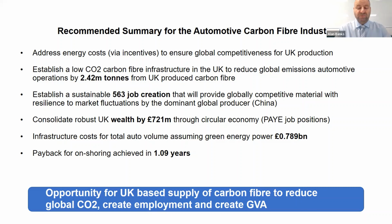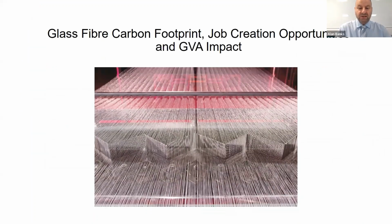Now, this was all factored for onboard storage of hydrogen, but once we have a plant that is making that carbon fibre, there's no reason why you couldn't use it for structures or for any kind of body panels and things like that. So once the carbon fibre is there and people are used to using it, then we're hoping that will really have a knock-on effect on how carbon fibre is seen within the area. And then the last couple of slides,